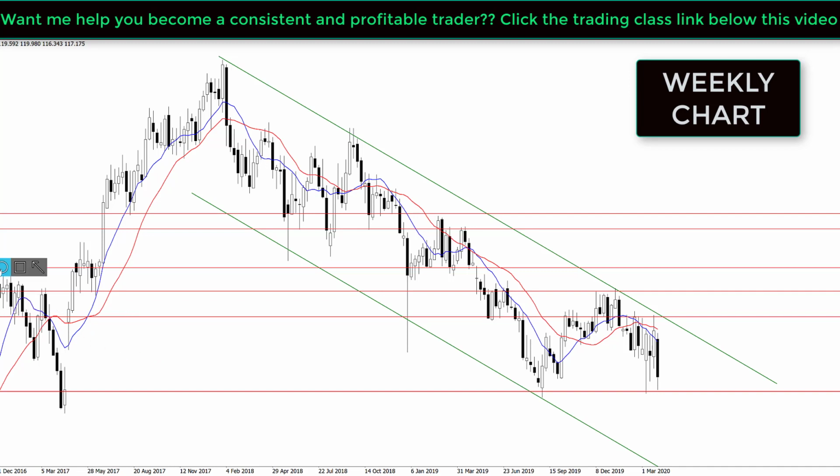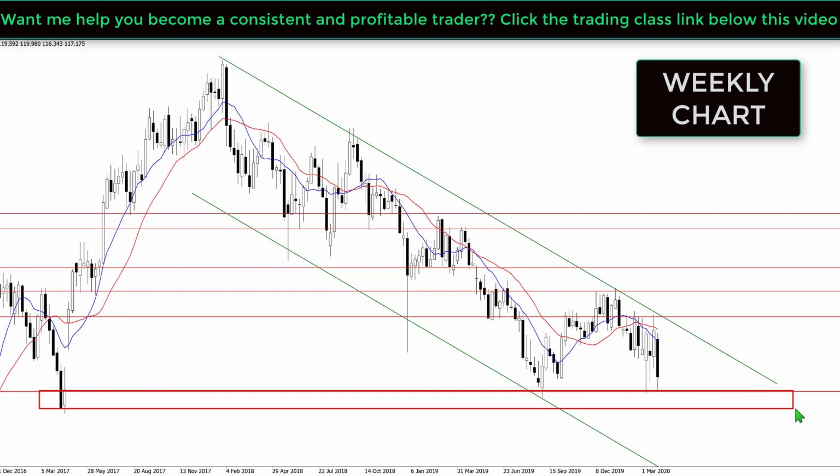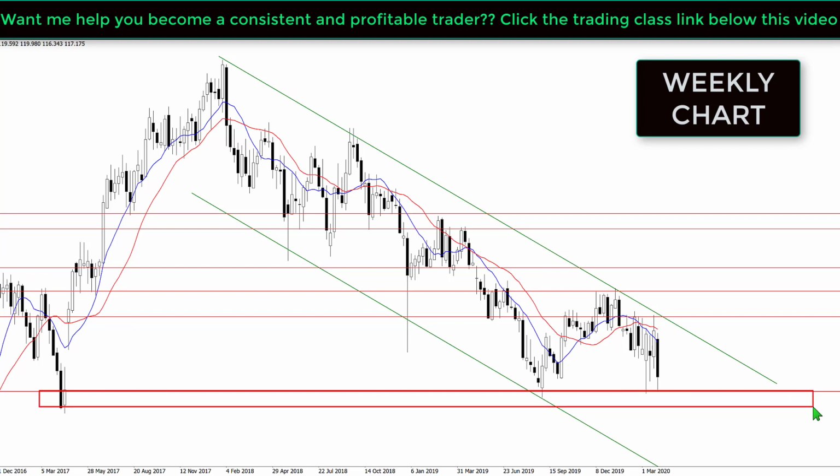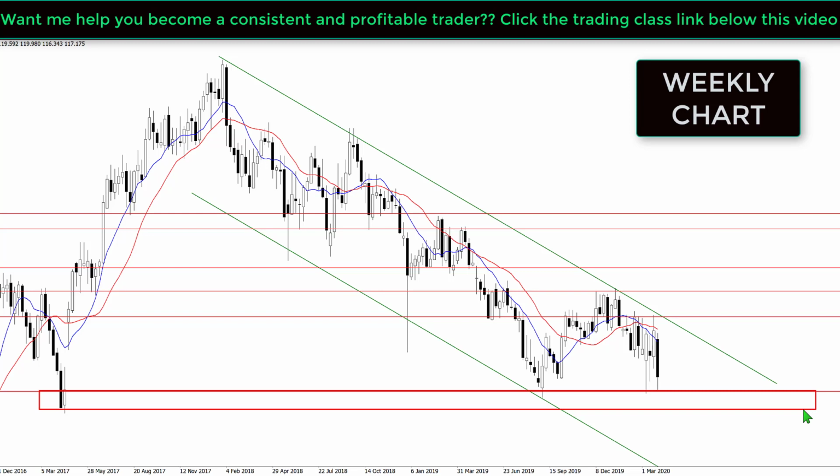So here lies the support of this market right here. Here's the support. We can see right now this currency pair is actually retesting the support right here, which happened all last week, even though we had a rejection of price back into this channel. And then if we construct our trend line from this one right here, what can you guys see? This is a descending triangle that is on a long